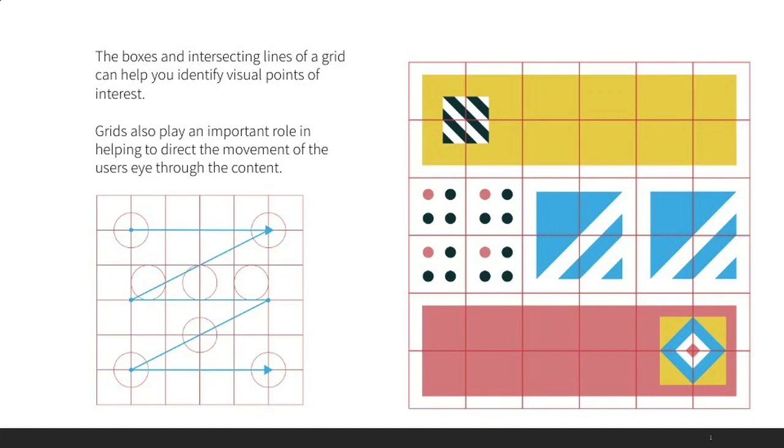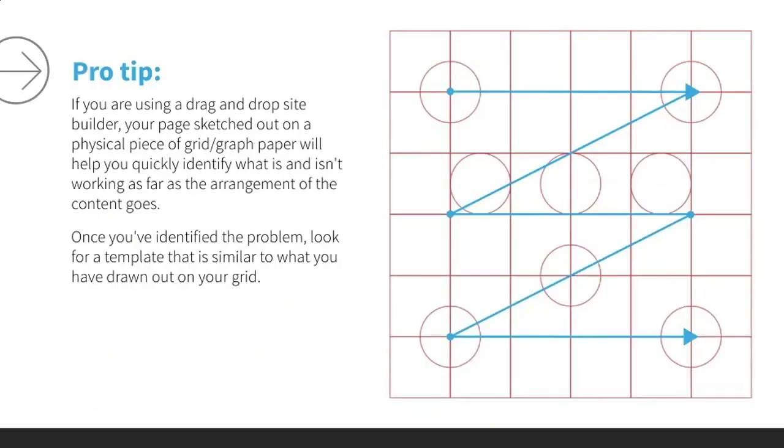You can see how it's laid out here, where we have this black and white striped box at the top left, which is where we would naturally start reading a page, right? And then it kind of goes down in this Z formation to direct your eye in a natural movement. And Sean also added this pro tip here, which is if you're using a drag and drop site